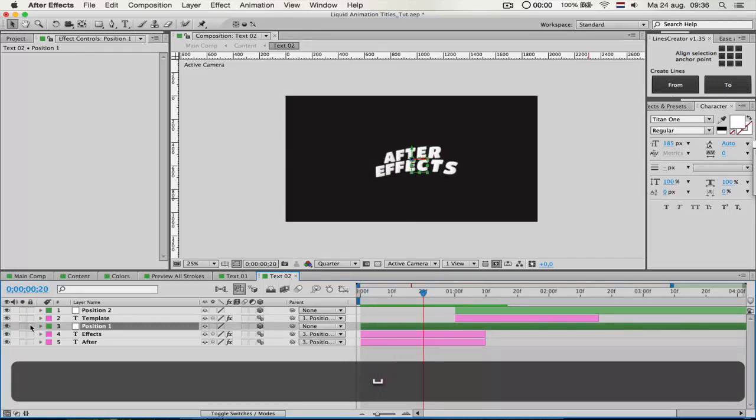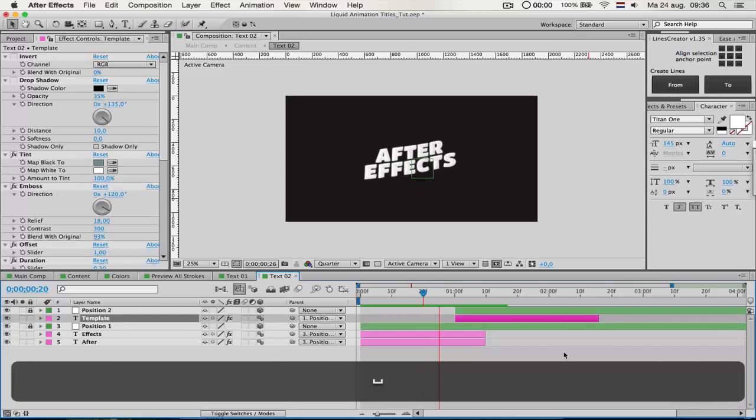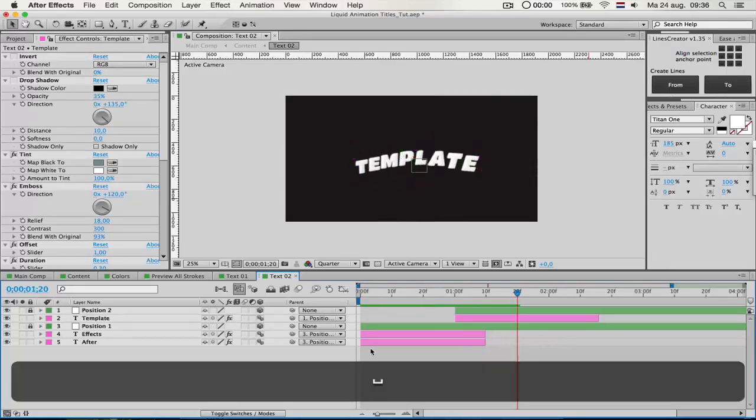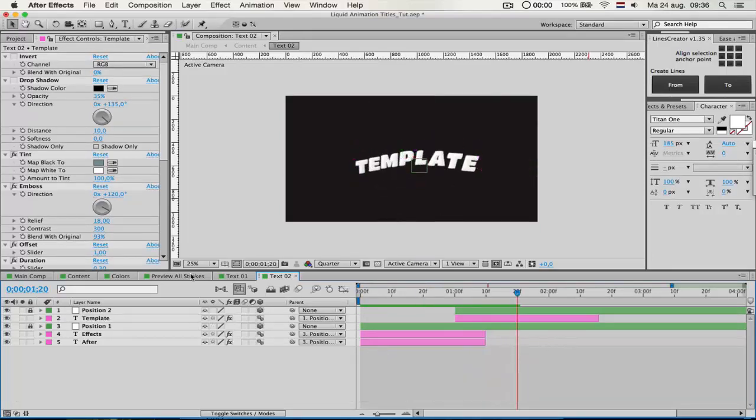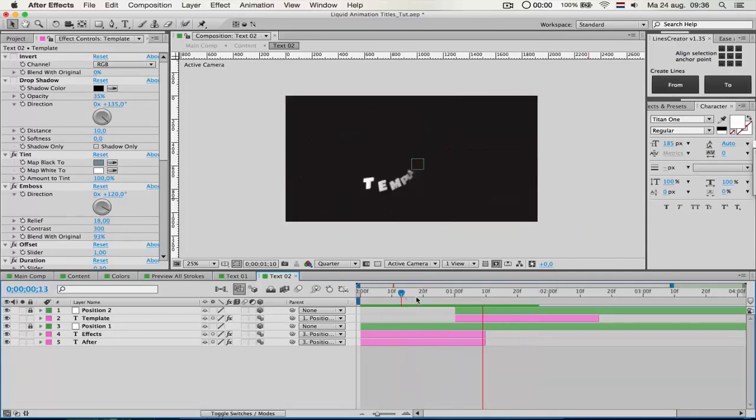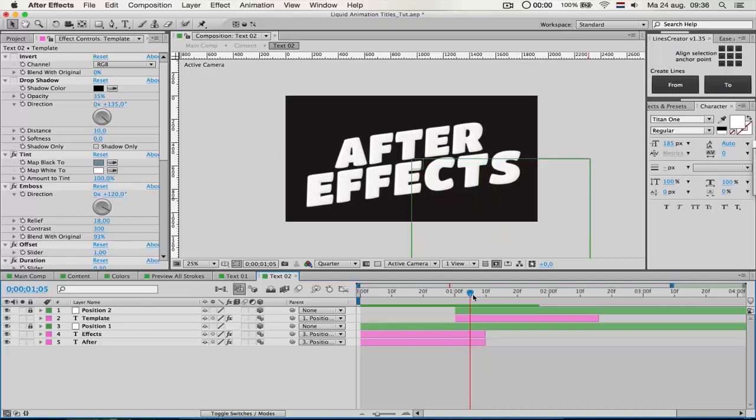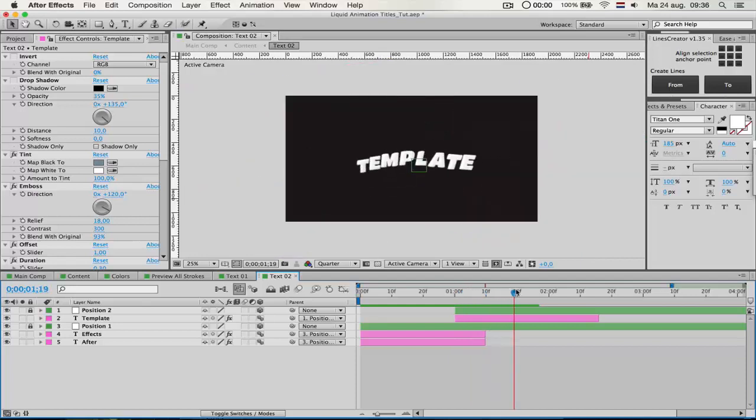So I just recommend to not touch that, lock them to be sure. And now I will explain a little bit about the text animations. So let's say you want the text animation to happen earlier, you want it to look different. Well, all you have to do is select, for example, the template layer, and